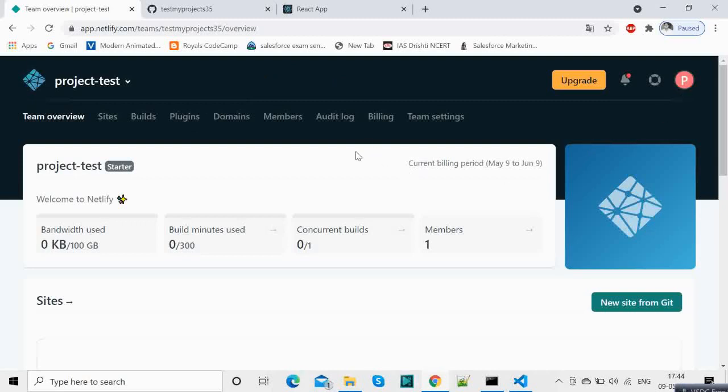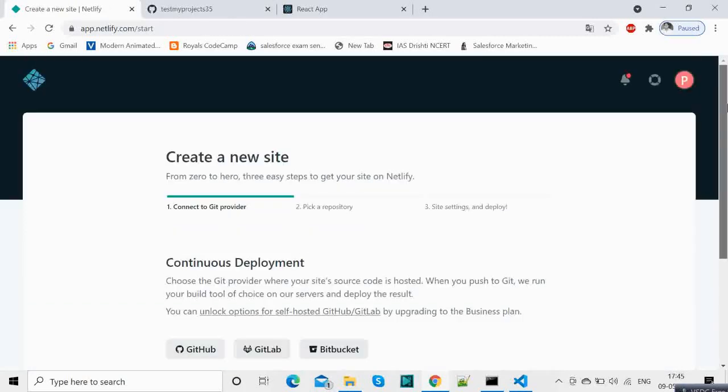So in such a scenario, which is for larger projects which go on in companies, you will be using that. In that, what you do is you integrate your Netlify account with your GitHub.